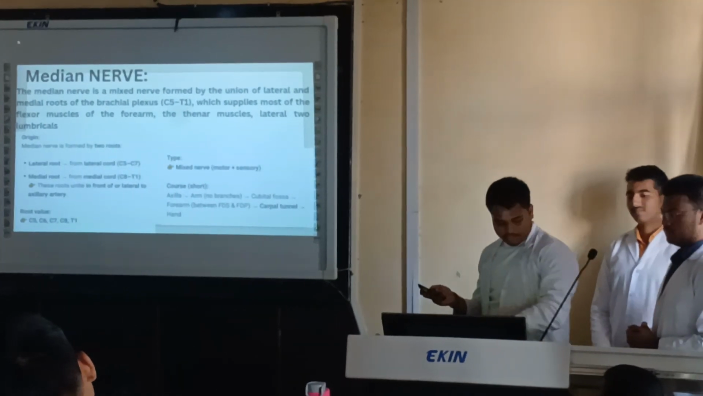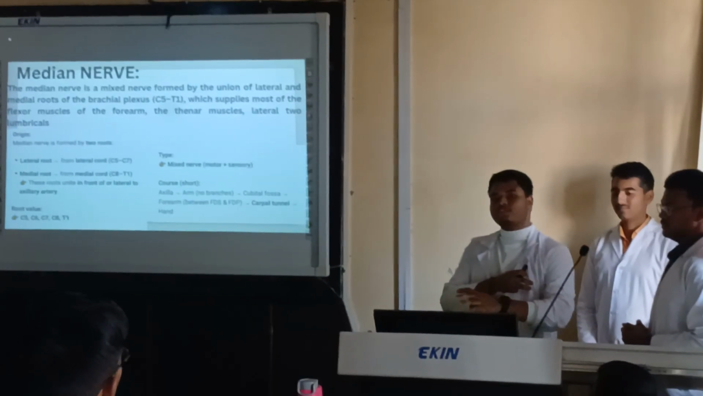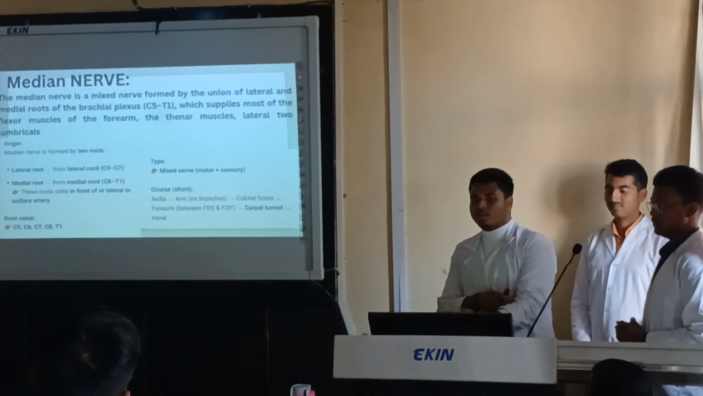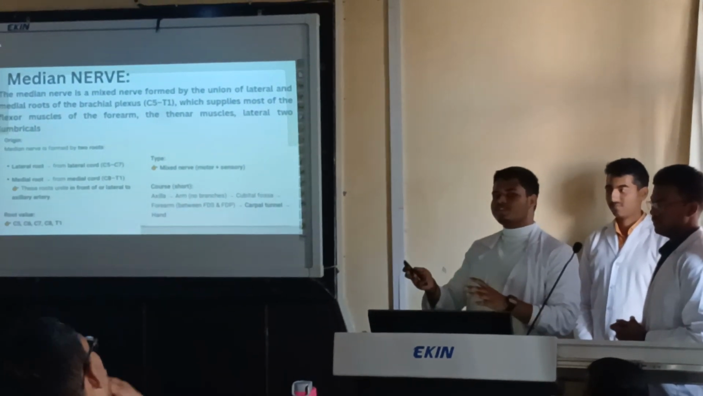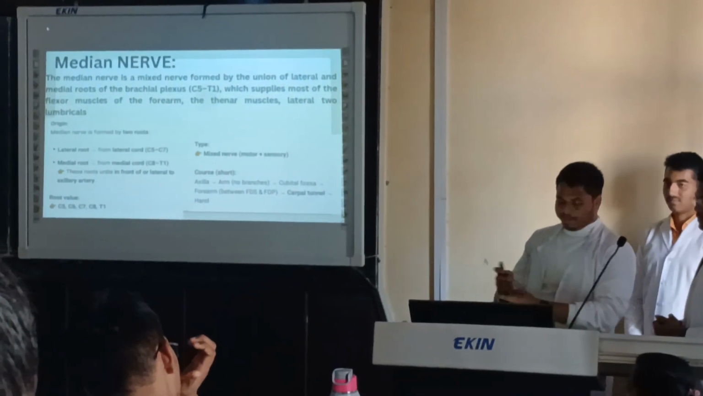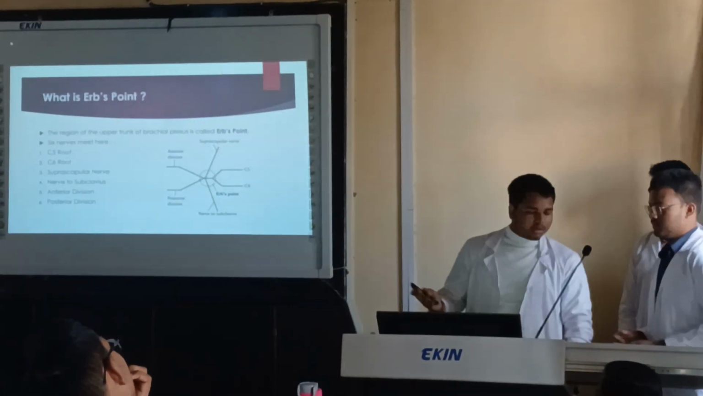Now let's discuss its course. It arises in the axilla, then it goes down the arm with no branches, and then it goes to the cubital fossa, then down between flexor digitorum superficialis and flexor digitorum profundus. Then it passes through the carpal tunnel, and then it comes to the hand. So from here it comes to